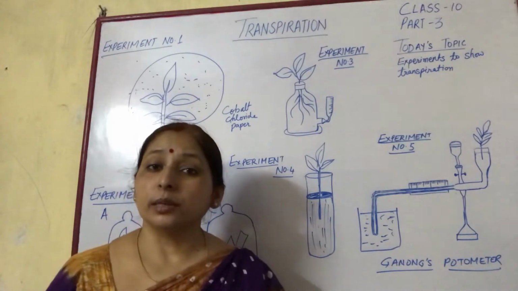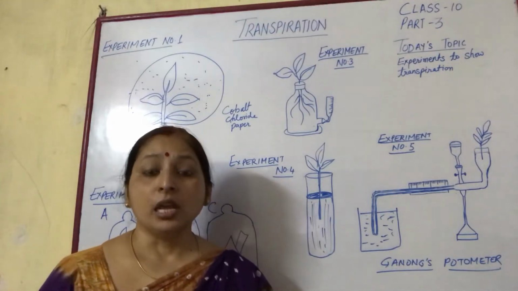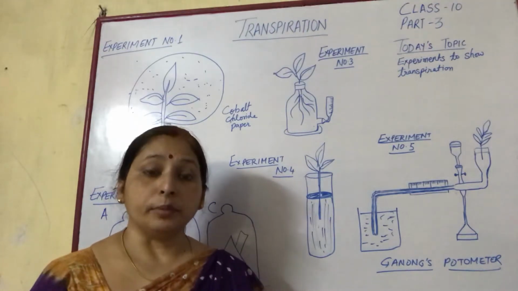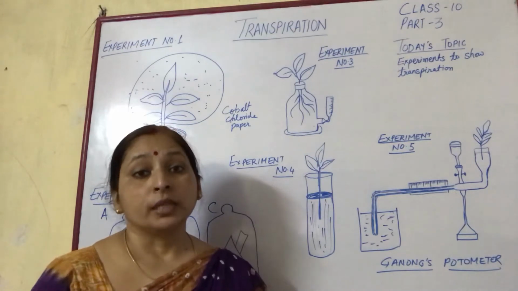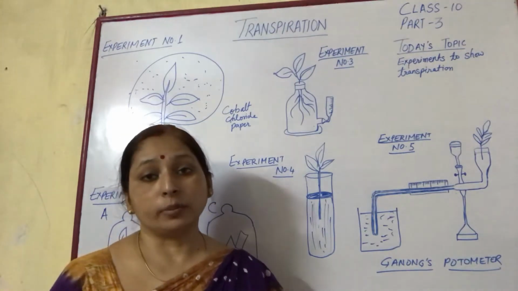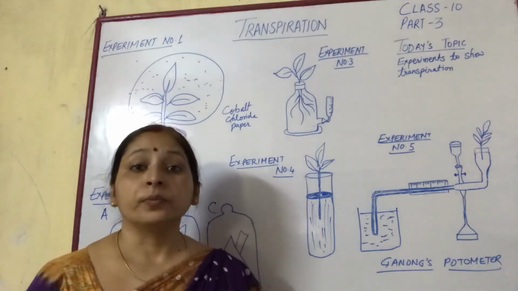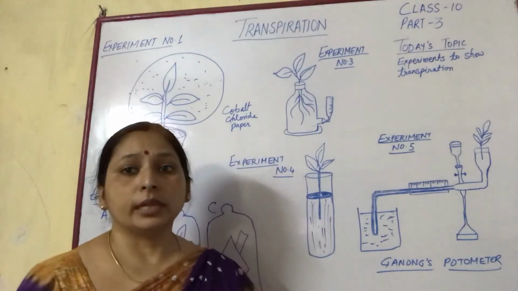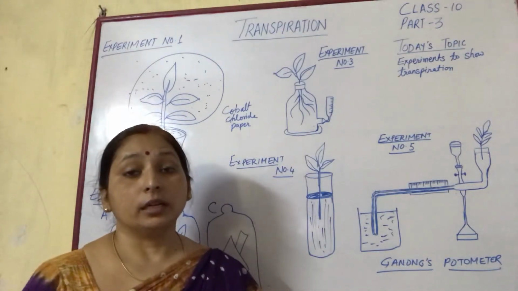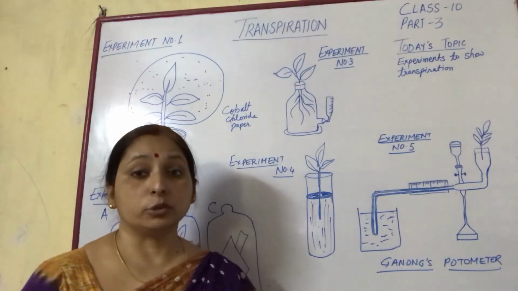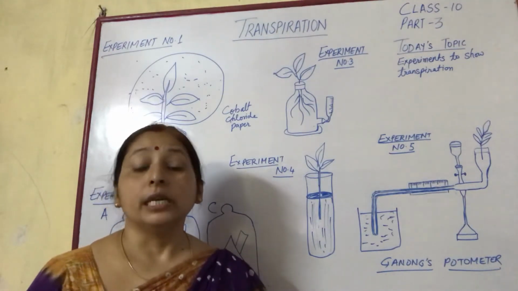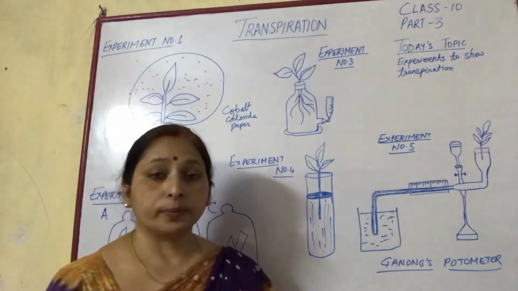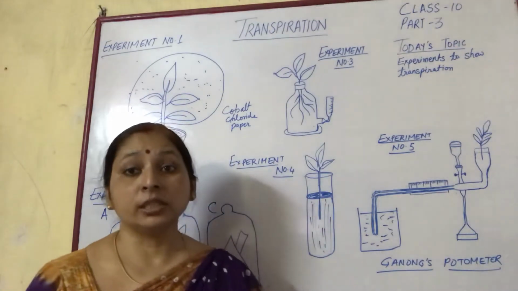After that we discussed the factors affecting transpiration. These may be climatic factors like temperature and wind velocity, or internal factors like sunken stomata, narrow leaves or distribution of stomata. Then we also studied examples for this. An example is a xerophytic plant, where the stomata are sunken in grooves and leaves are reduced to spines to reduce the loss of water in the form of water vapor by transpiration.